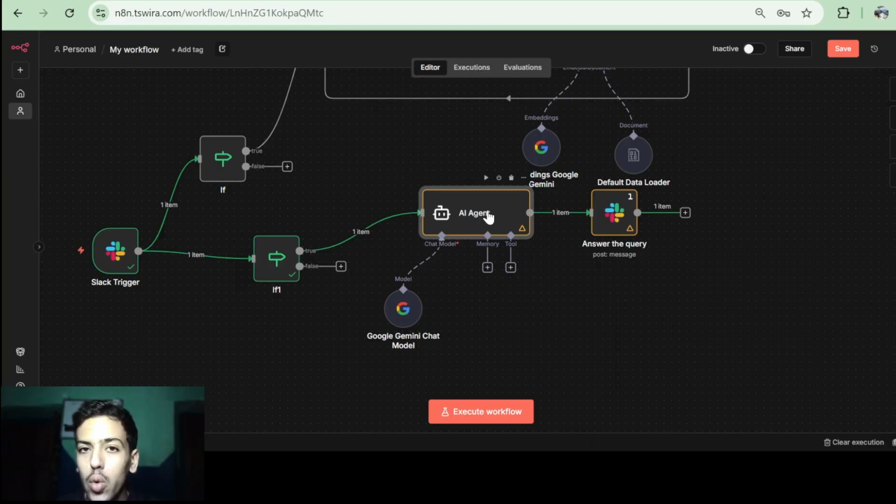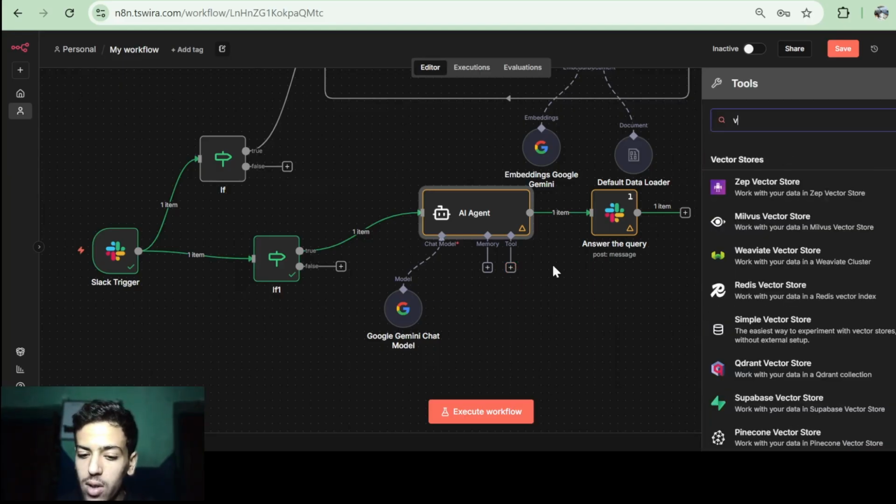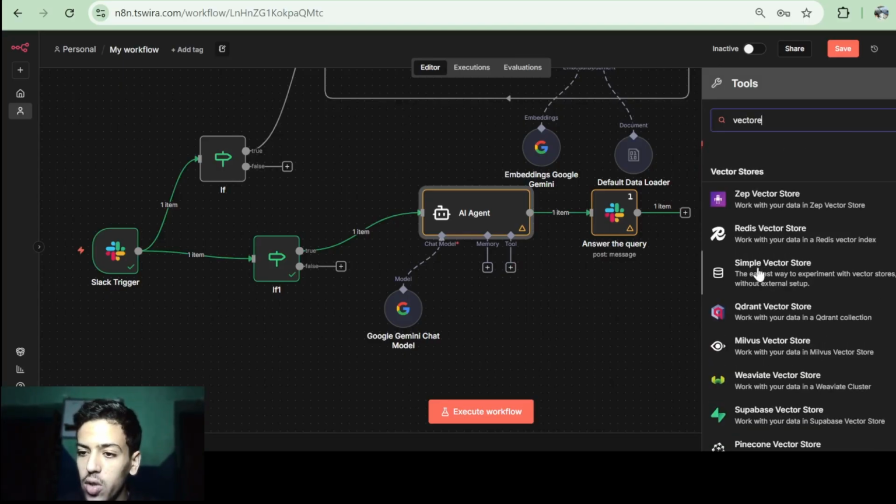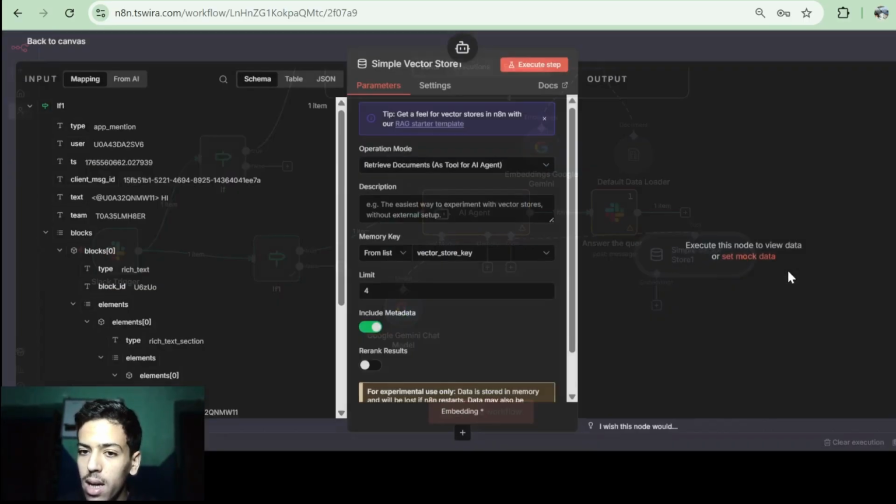So to use the power of the AI agent, I recommend adding it as a tool, because the reason it's called an AI agent is that it is autonomous and knows exactly when to execute a tool. So if you add a retrieval here and tell the AI agent, hey, this is a retrieval method, use it only when the user requests it, it will only be used when I ask a question. So go to tool, again search for vector store, make sure you select the same one, and